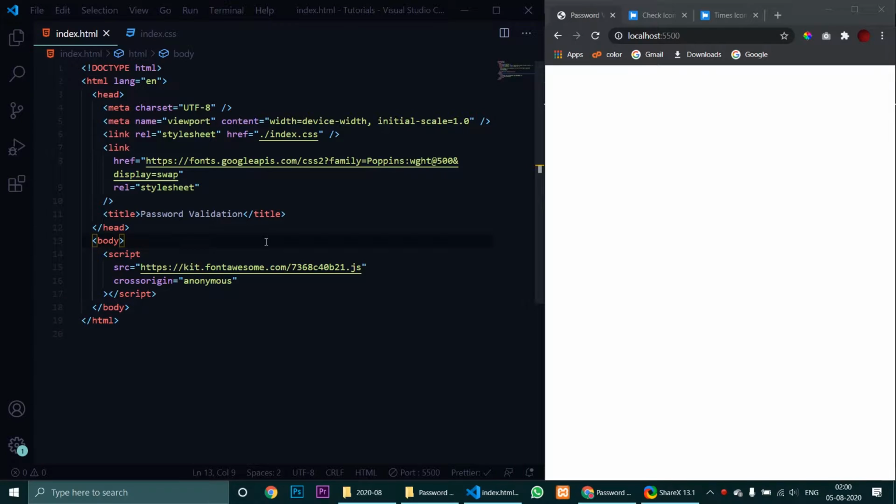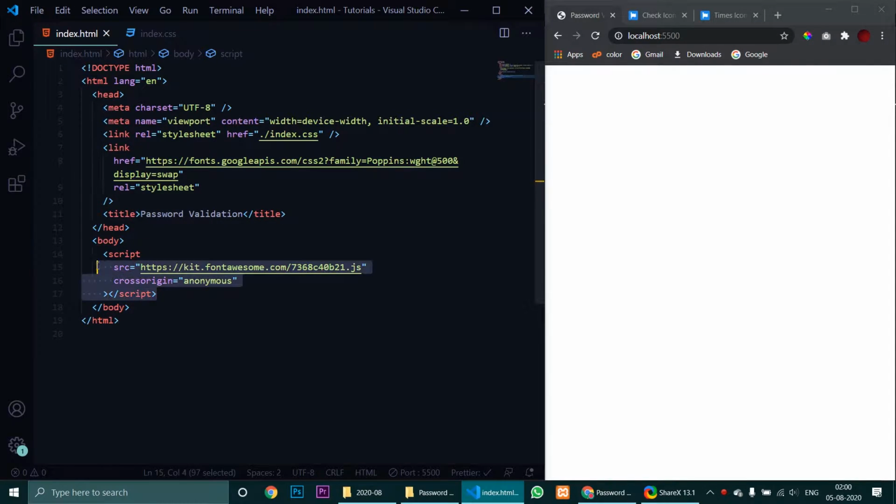So let's get started with the HTML part, then we will jump to the styling part, and at last we will do the JavaScript part. So before starting, I need to tell you 2 things that here I have included an external index.css file in which we will be doing the styling, and I also have an external font linked which is from Google Fonts, and I'll be using this font as it is a very good one and I like it.